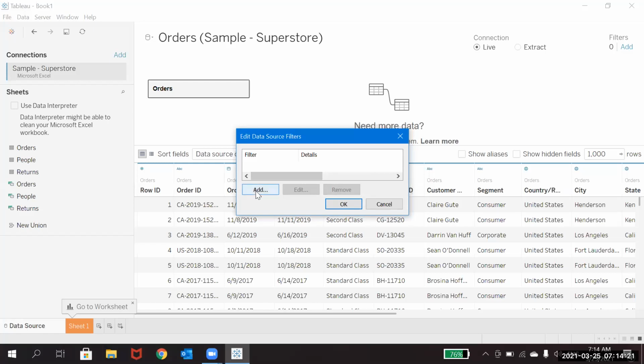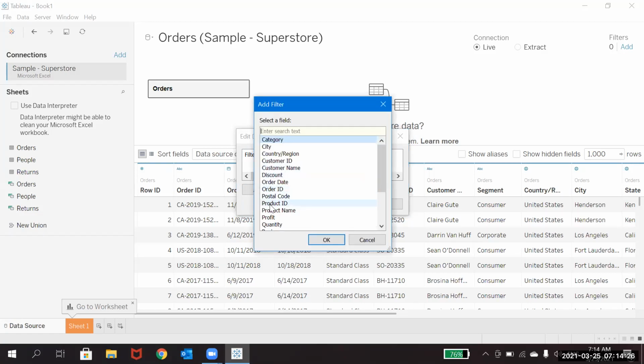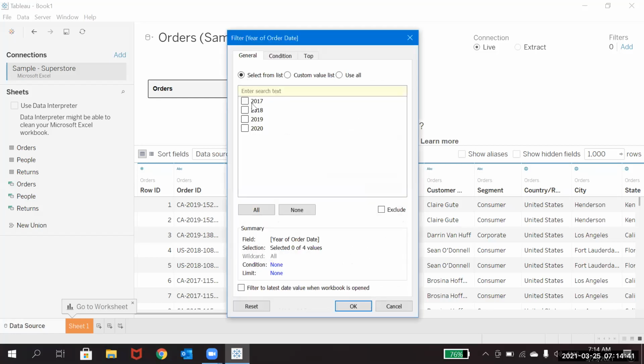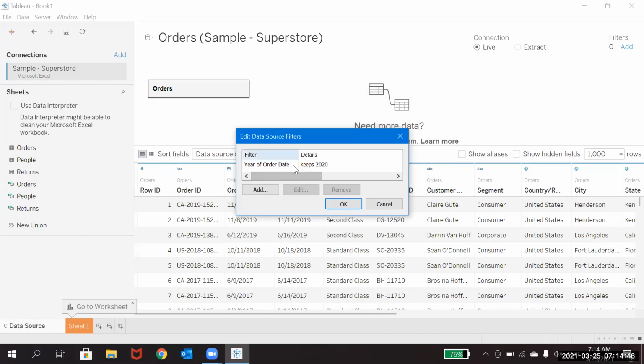But just to show you how it will be, one pop-up will come here, and we can take, let's say, a year filter. Right now, let me just take some order date here, and I'll go with the years. So here 4 years of data is there. I just want only 2020. I'll select that and click on OK. What it will do is it just keeps the 2020 data. It will not show all the remaining years. It will just exclude them and keep this. That's how it will be.